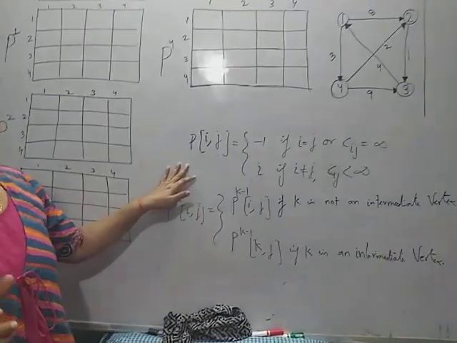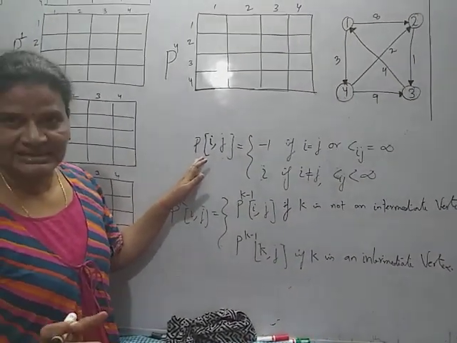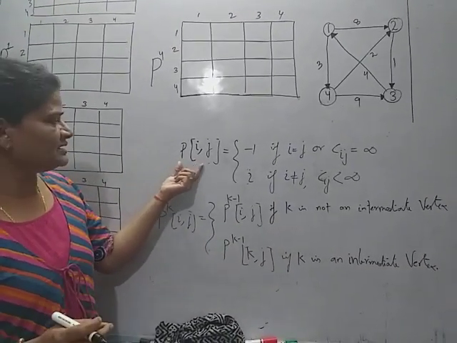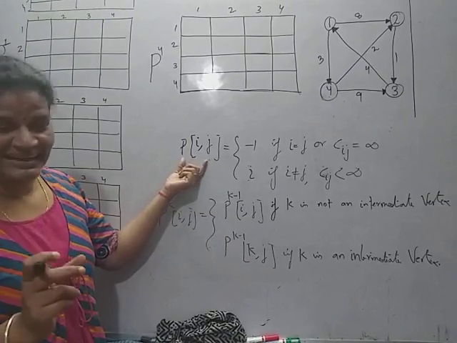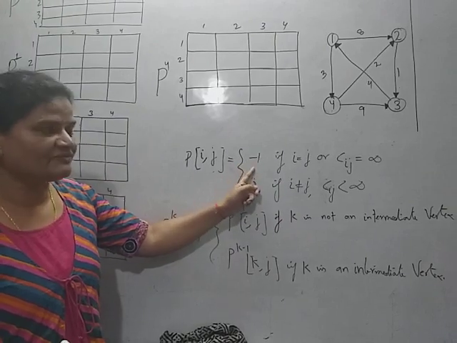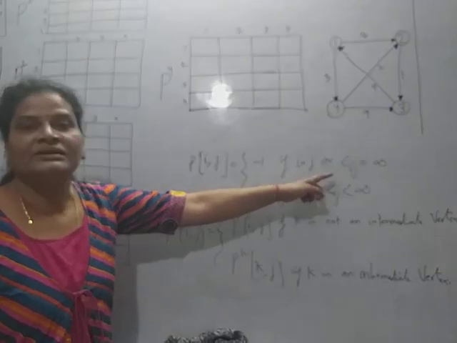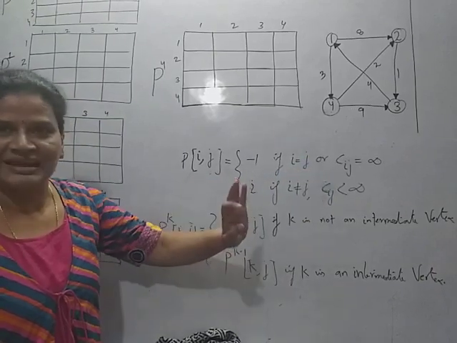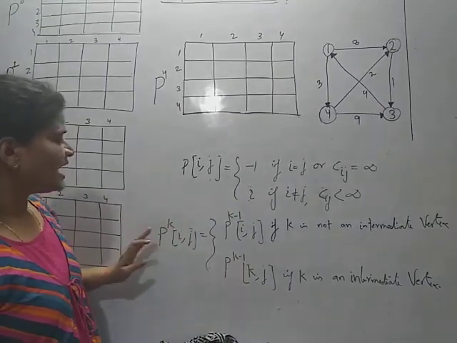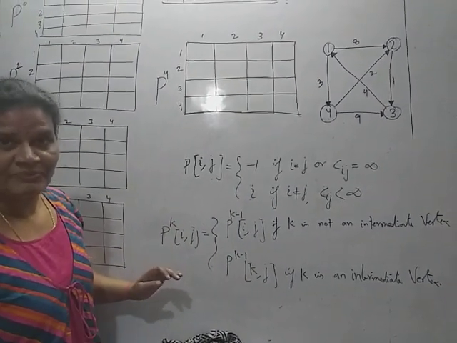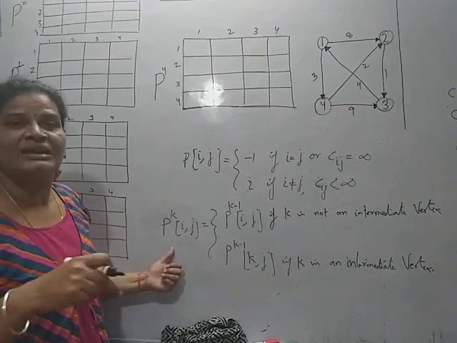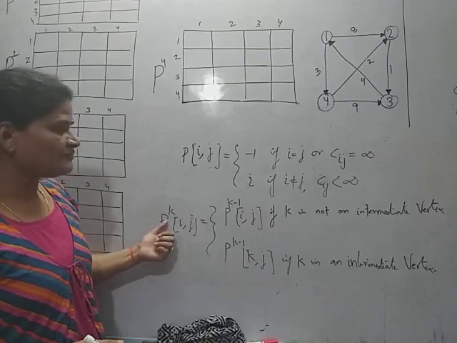First we initialize. We take another matrix to generate the path, that is the path matrix. Say I am calling it the P matrix, and this is the initialization of the path matrix. It is initialized with -1 if i equals j or the cost of ij is infinite. Otherwise pij is initialized with i. And at each step, when we compute dk, we update the P matrix for k.